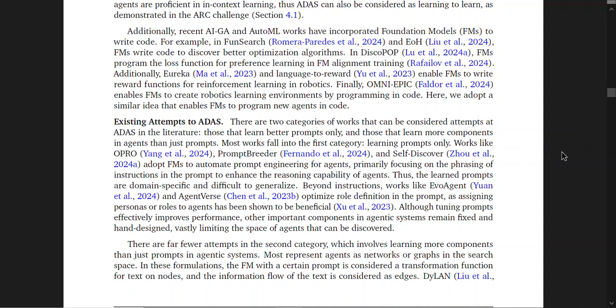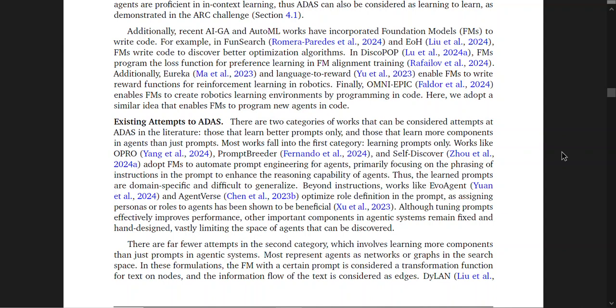Existing attempts at ADAS. There are two categories of works that can be considered attempts at ADAS in the literature: those that learn better prompts only and those that learn more components and agents than just prompts. Most works fall into the first category, learning prompts only. Works like OPRO, PromptBreeder, and Self-Discover adopt foundation models to automate prompt engineering for agents, primarily focusing on the phrasing of instructions in the prompt to enhance the reasoning capability of agents.